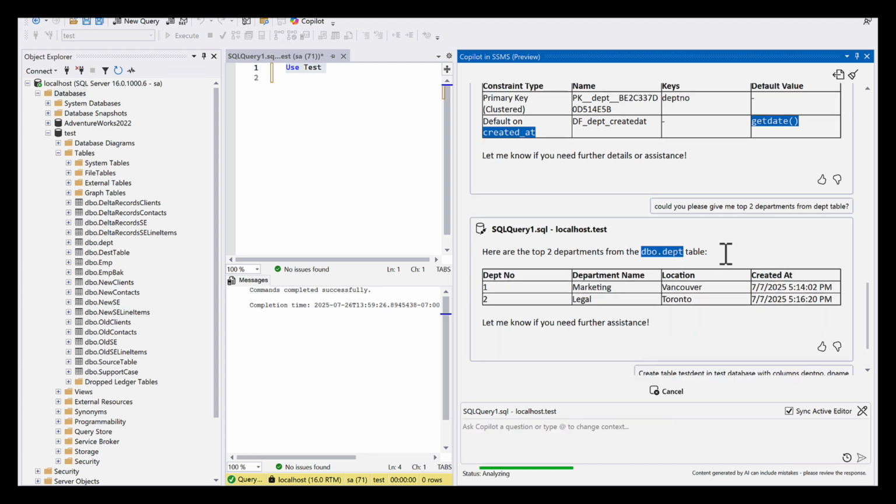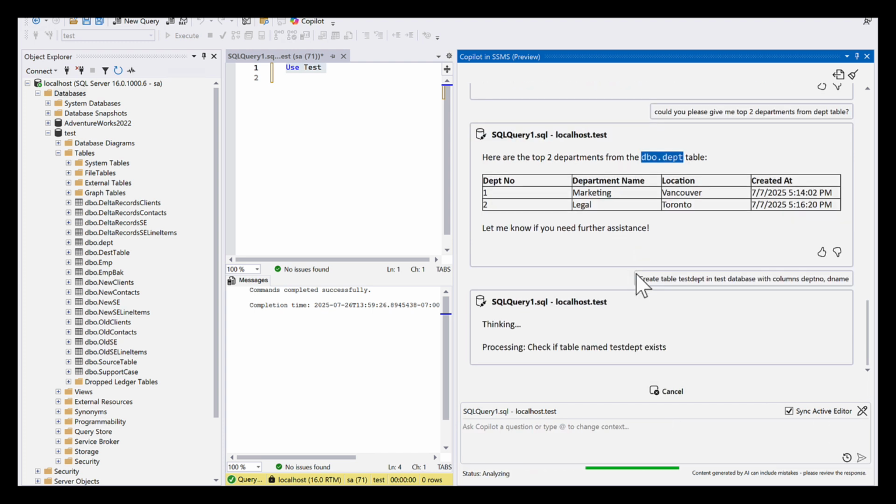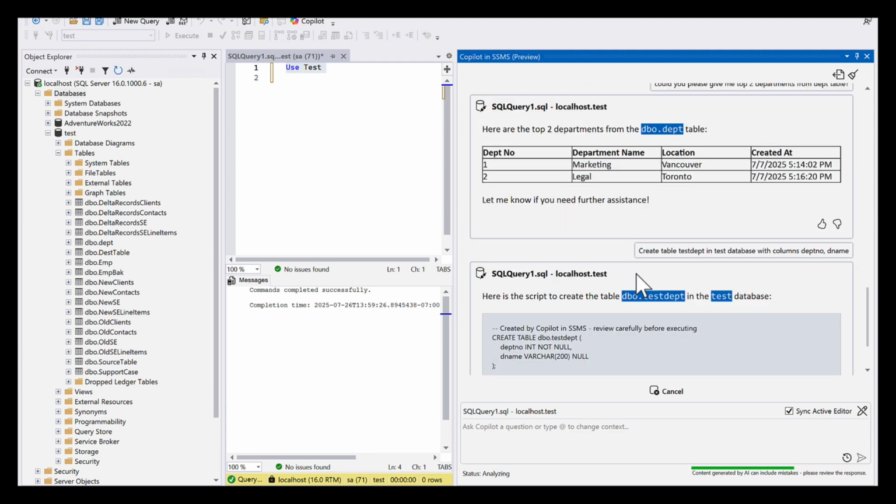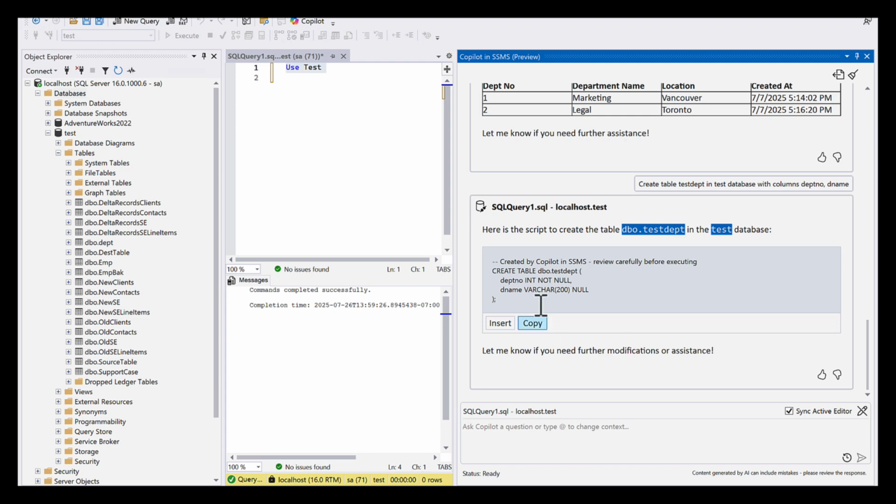If I try to run this, it is going to actually execute that query and see if that syntax runs or not. And then it tries to create the query for you, exactly everything. So you could just copy that, and you could even use copy or insert. If I insert it, it would automatically insert it within the actual query window, and you could run that. So those are the capabilities which SQL Server Management Studio provides with CoPilot